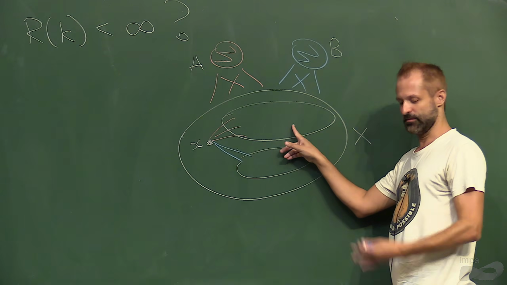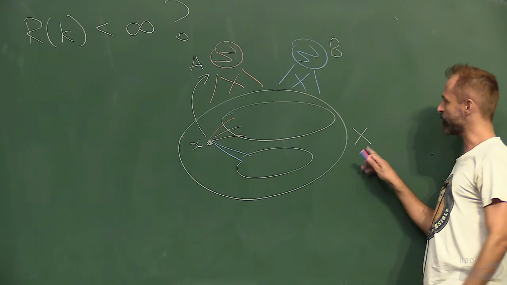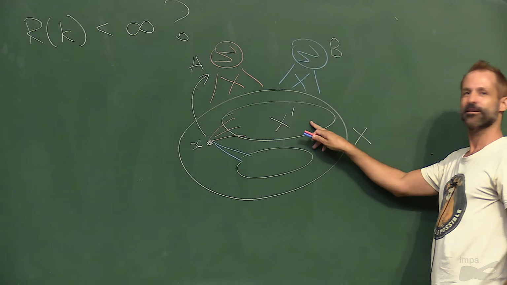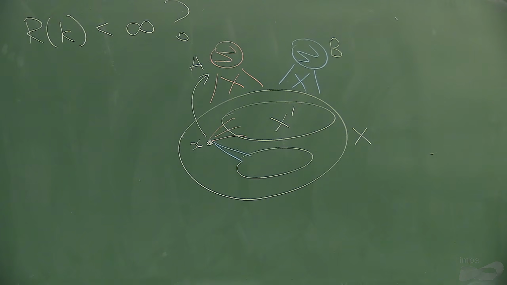Here the larger one is red. And put x into A. And replace x by the red neighborhood of little x. Okay? Then we maintain this property that A is still a red clique. The new x, x prime, is the common red neighborhood of A and the blue neighborhood of B. And we just shrunk our set a bit. How much did we shrink our set by? How much smaller is x prime than x in the worst case?